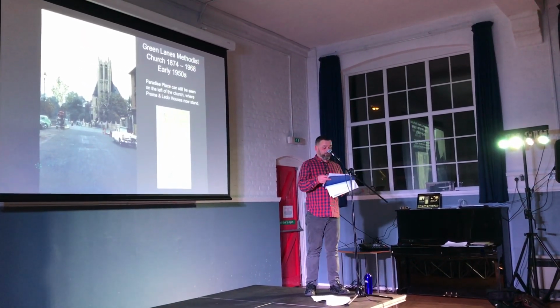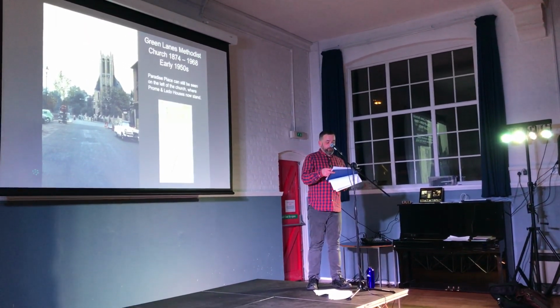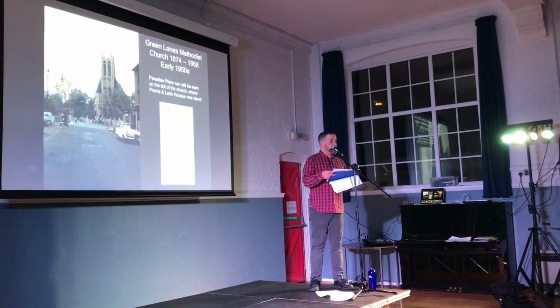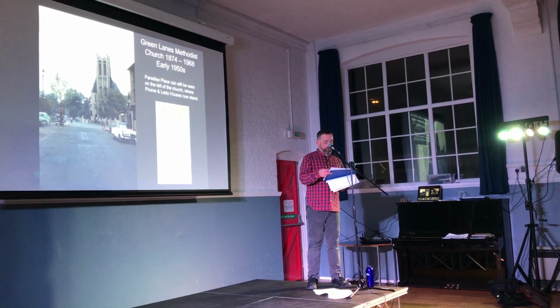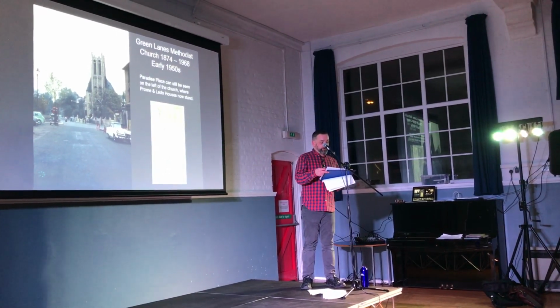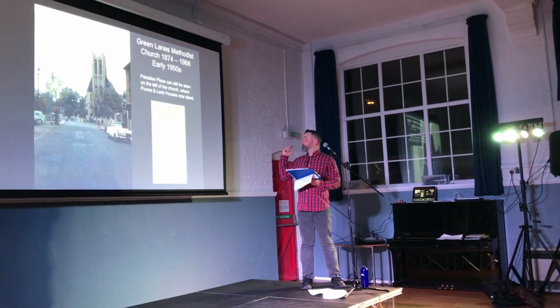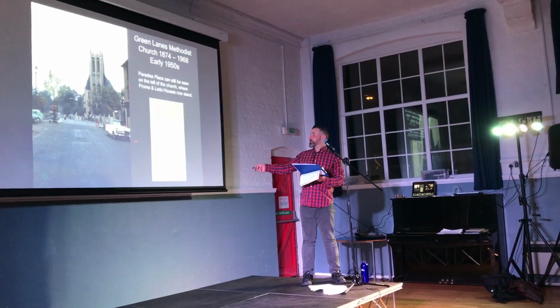They were built in 1829, where they were prime and Lido houses, the Burma Court estate now stands, and that estate was built in the 1950s, so this must have been shortly before. Rather nice car